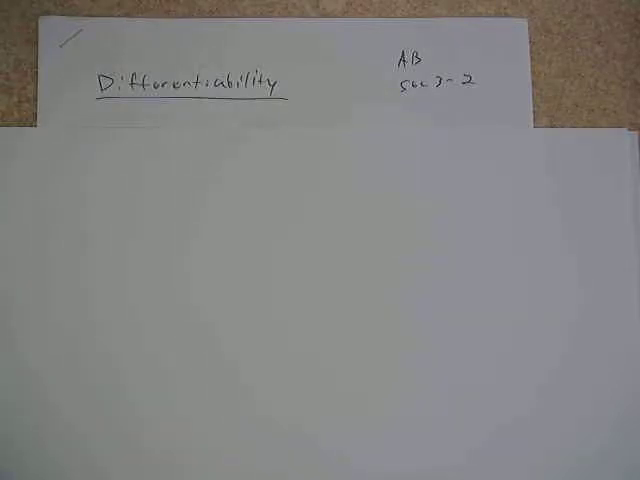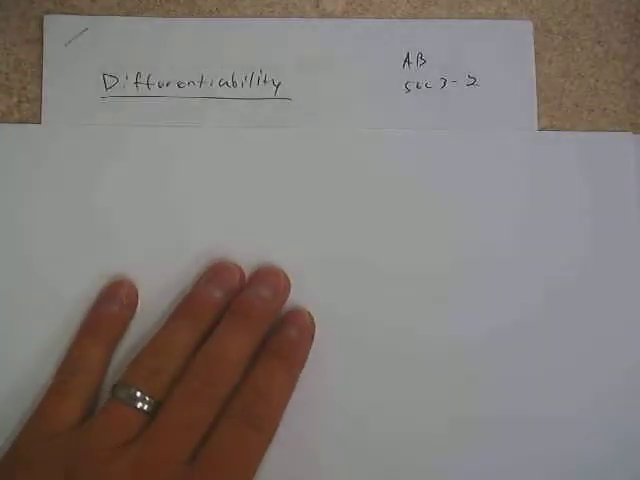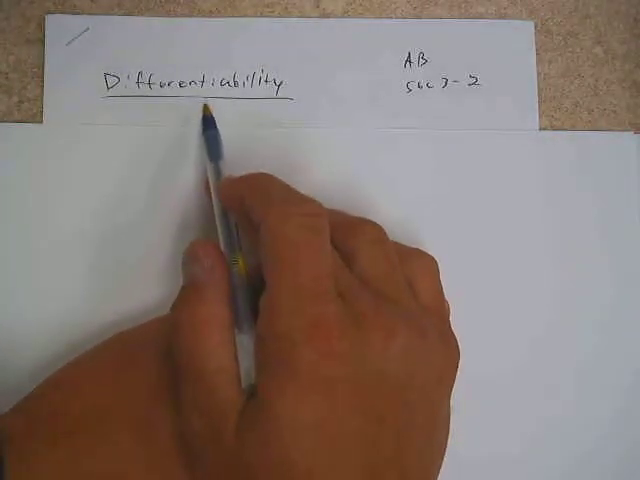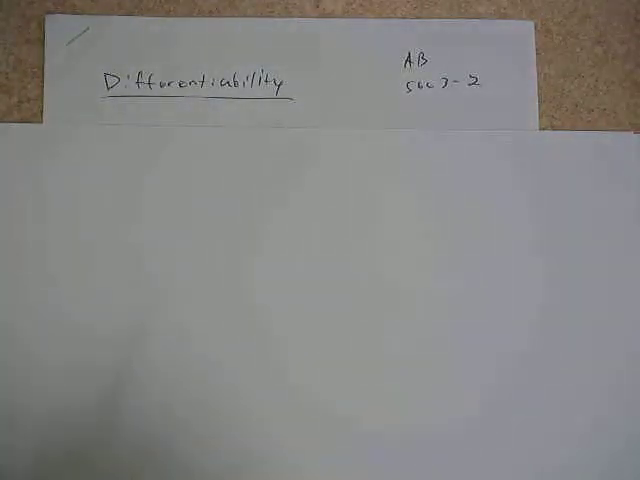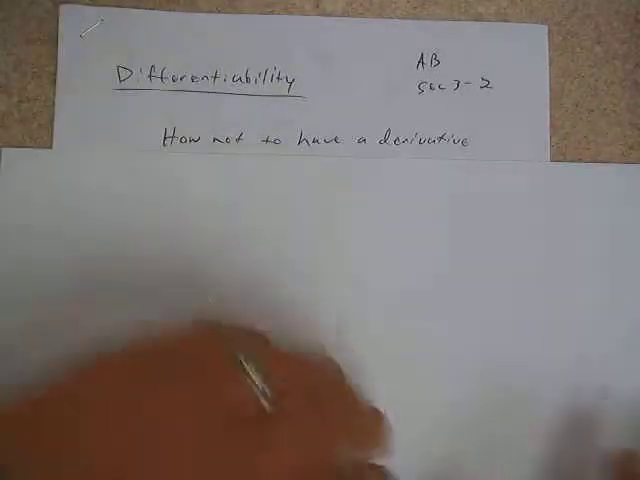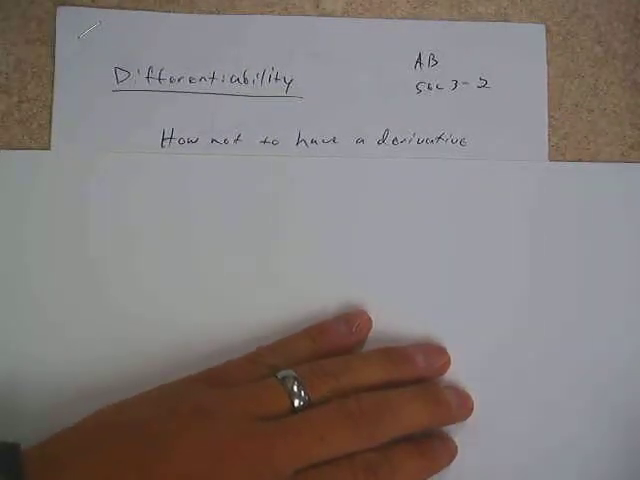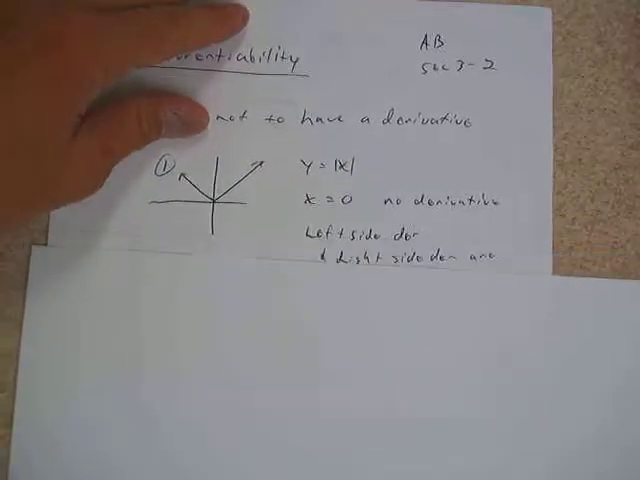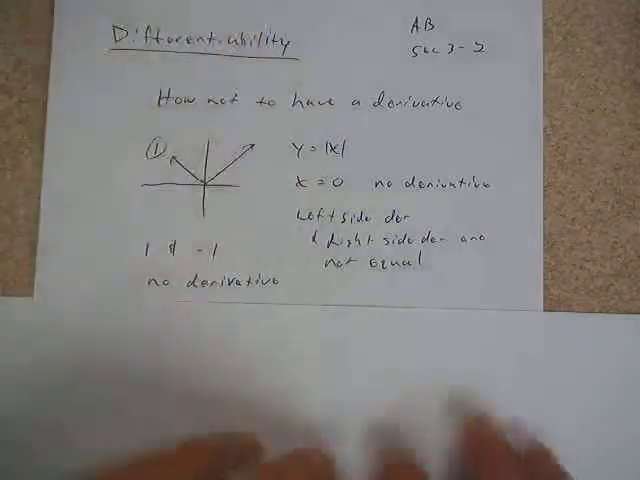Okay, in the next lesson here, 3.2, we're going to be talking about differentiability. And what we're essentially getting at is, when does a function have a derivative? Okay, so under what circumstances does the function have a derivative? So we're going to first start talking about when we don't have a derivative. Okay, so we're going to start with the first one that we've talked about already, and that's this